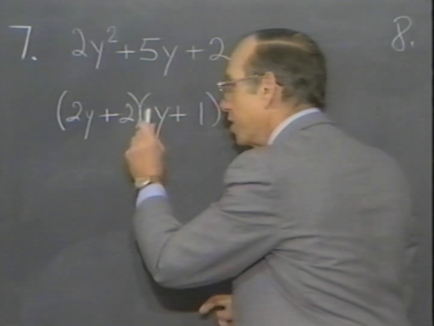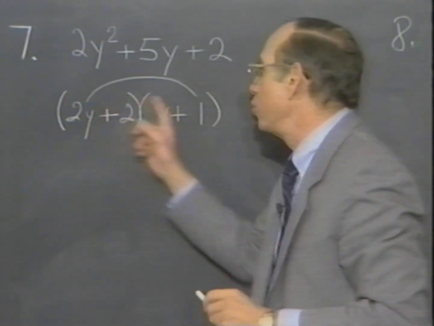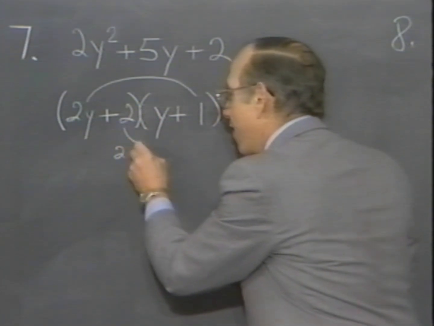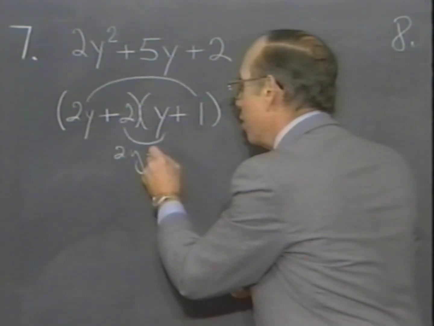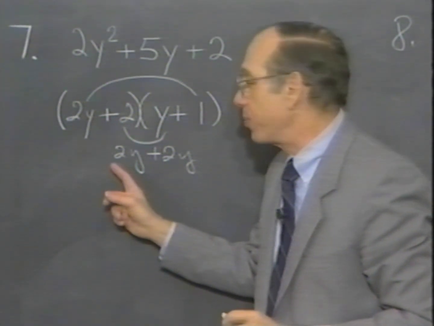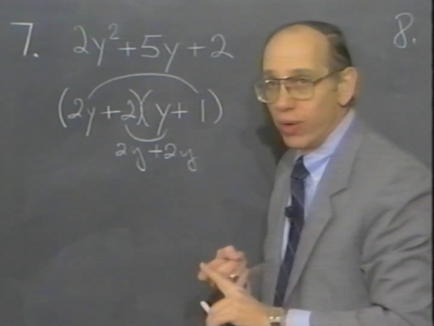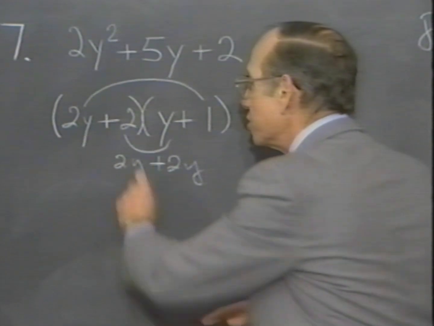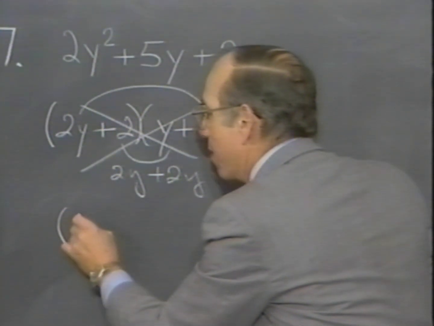All right? The middle term, remember, is what I get when I do this times this. That's 2y times 1, which is 2y. And then I have to add to what I get from this product. That's another 2 times y, which is 2y. And I check, and lo and behold, these add up. 2y plus 2y is 4y. Well, 4y is not the same as 5y. So this is wrong, meaning that I must have